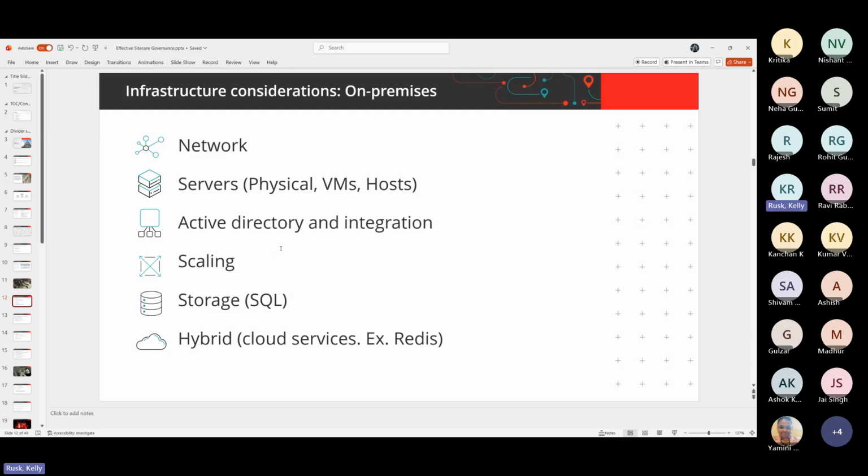You want to talk about your Active Directory, perhaps. How do you scale? What's your storage look like? A good storage policy is going to talk about not only where your storage is and the type of storage you use, but maybe your SQL maintenance plans. And what's the standard, what's your step-by-step? The end of the day is to make it simple so that if any of you came off the street and it's your first day in the organization, you could clearly understand the rules around the environment.